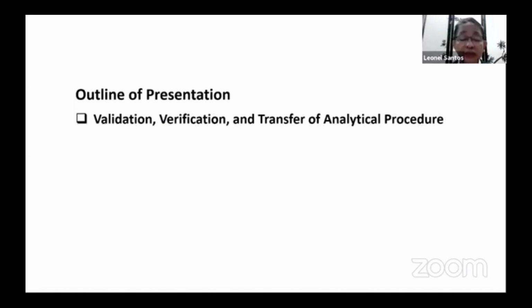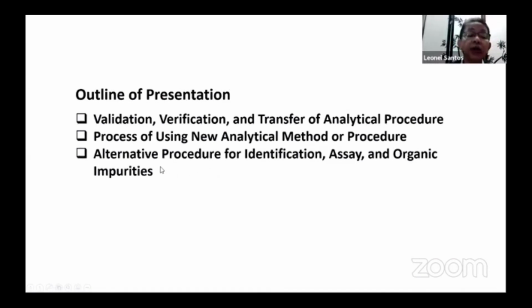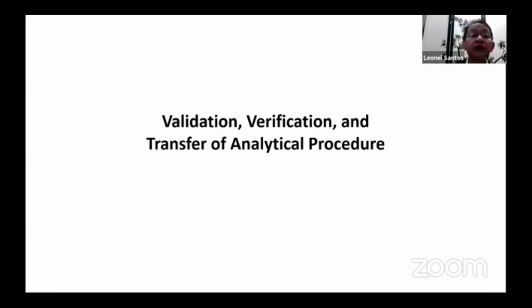In terms of the outline of my presentation, I will briefly discuss the validation, verification, and transfer of analytical procedure, which I will be presenting in the next presentation. Also, again, mention about the process of using a new analytical method or procedure. The one that I will be starting to describe to you in terms of the development of an alternative procedure for test procedures such as those in the identification, assay, and organic impurities. And finally, describe to you alternative procedures for residual solvents and elemental impurities. I chose this because these are the ones that are major in terms of the need in the pharmaceutical industry at the moment. So in terms of validation, verification, and transfer of analytical procedure,